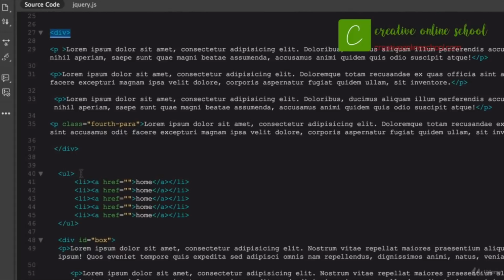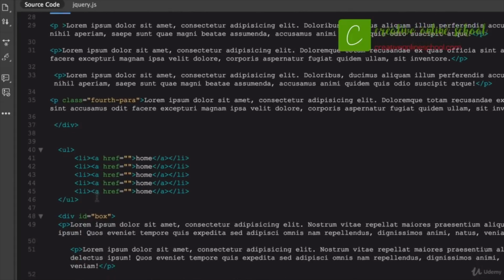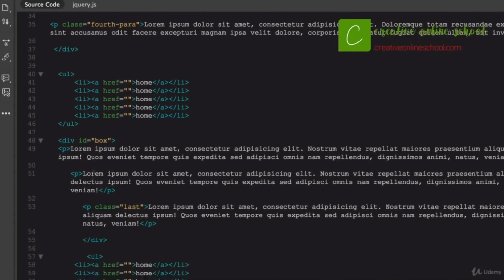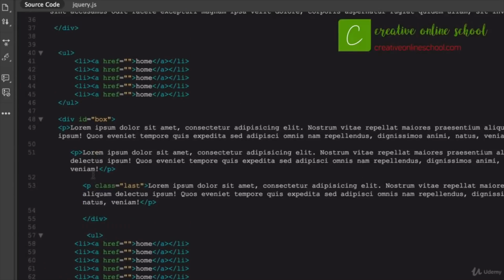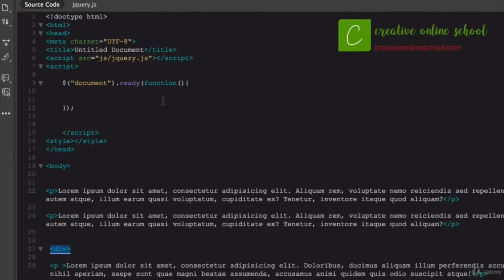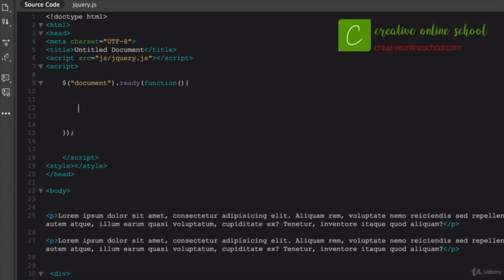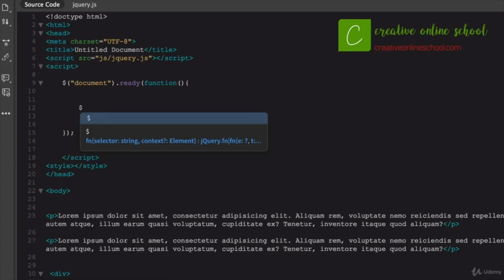Now I've got an unordered list here with a bunch of different list items. And another div with an ID of box and some other stuff down here, just so we can see the difference in some of these advanced selectors. It will make a lot more sense once you can actually see it displayed in a browser. So within the top of our JavaScript up here, jQuery, we've got our top that always starts out the same as it always does. And I want to show you first, let's go ahead and do a $,